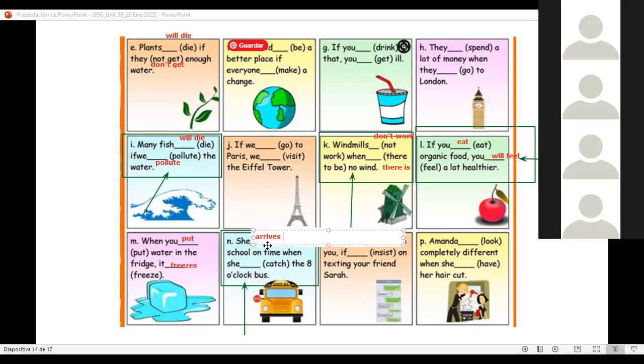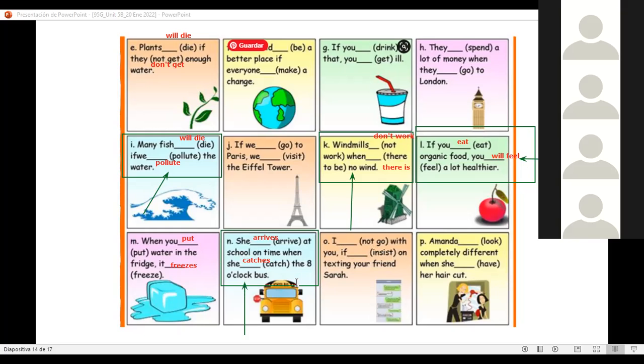Acuérdense que cuando tengan he, she, it con presente aumentamos la S, ¿no? She arrives at the school on time when she catches the 8 o'clock bus, right? Ella llega a tiempo a la escuela cuando toma el bus de las 8, ¿cierto? Eso es una verdad. Siempre que coge el bus de las 8 va a llegar a tiempo.